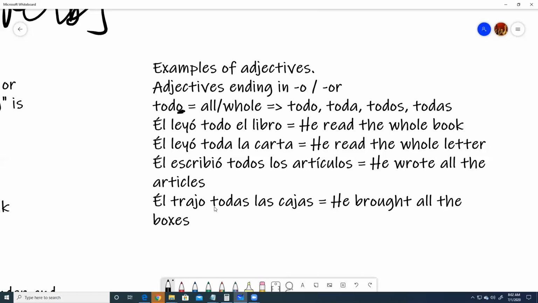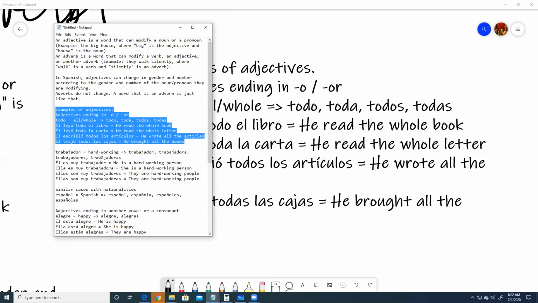So you can see that in English, the adjectives don't change in gender or number. So you have book that is masculine in Spanish, but in English you say whole for both book and letter. In Spanish, todo and toda. And here for the plural, all is the same. In the masculine plural in Spanish, it's not todos and todas, but all in English. Okay, so now let's see